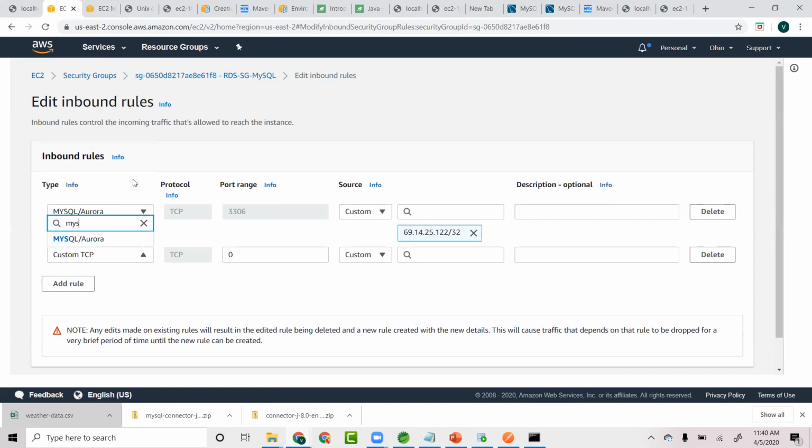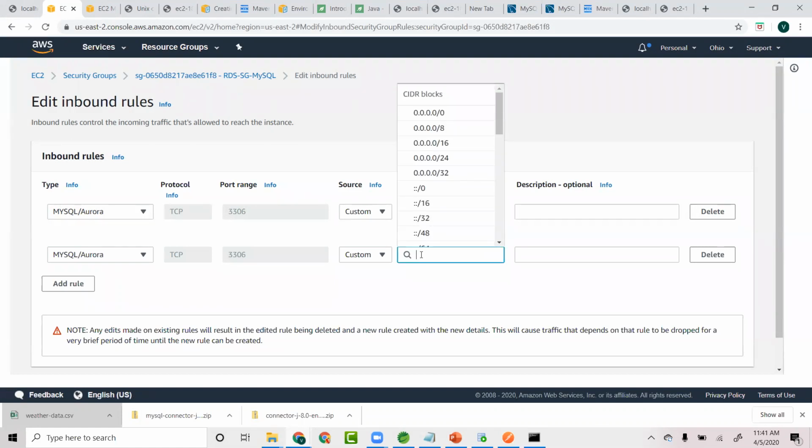Again, MySQL Aurora. They use the same 3306 port, custom. Now I want to open this 3306 port to, earlier we opened it to IPs, right? But I told you something else: you can open it to another security group. Now I'm opening it to another security group, saying that,